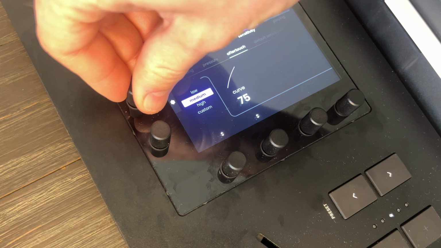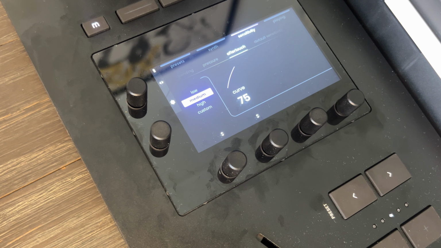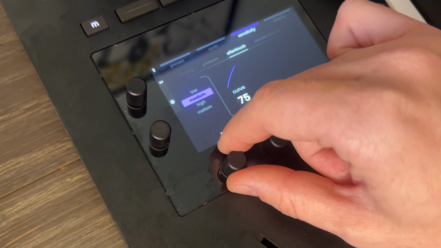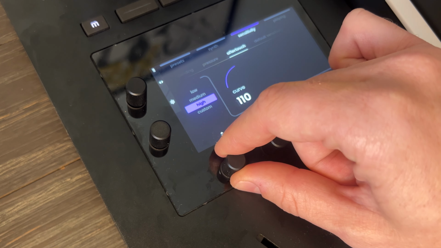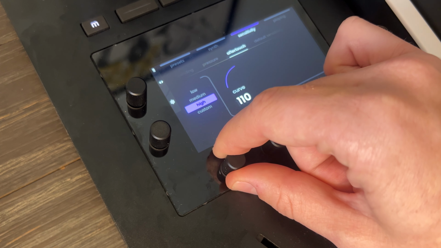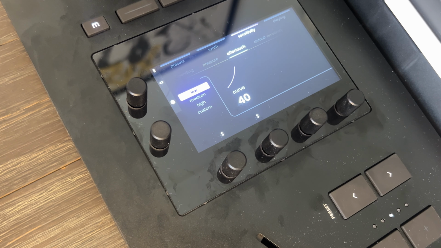Next, you have the Aftertouch tab, which changes the response of the second part of the key travel. Now, the more notes that you play at once, the harder it can be to really push fully into the key's aftertouch without unintentionally bending notes, like I said before. So in this situation, I might prefer to go with a more sensitive aftertouch that doesn't require a lot of